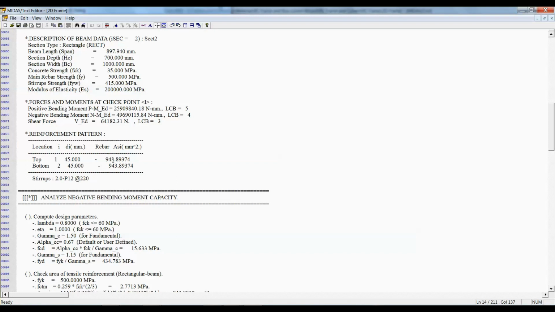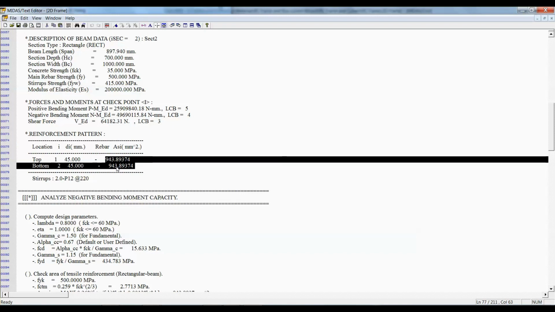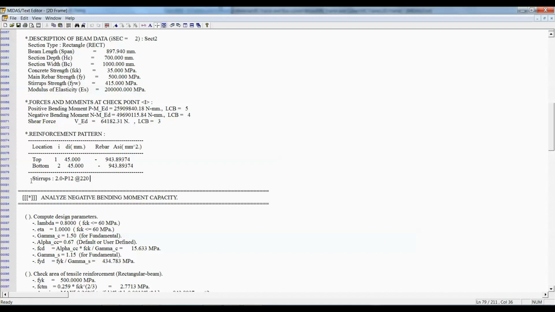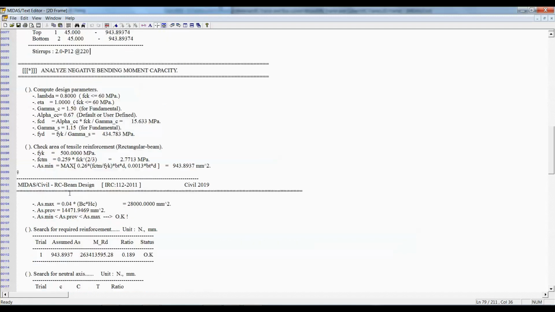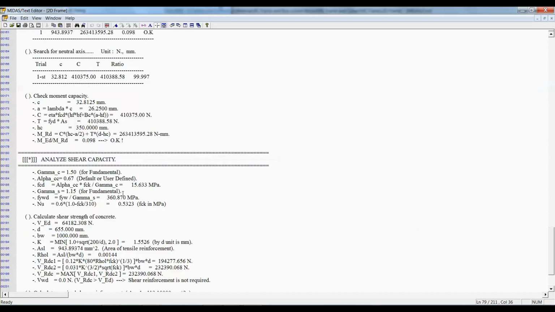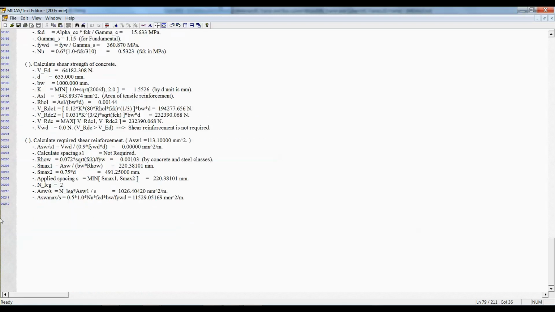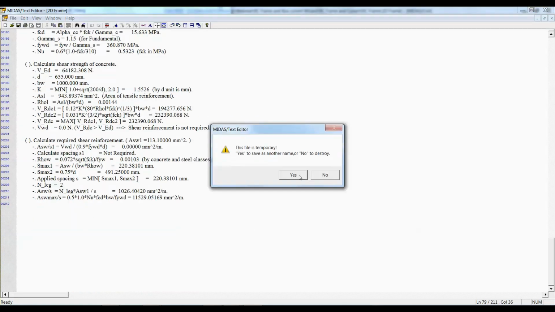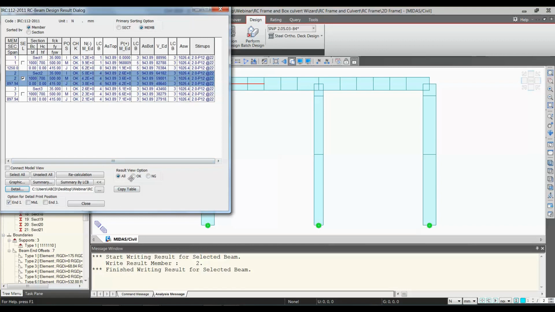Okay, and these are the area requirements. 943 mm square is the required reinforcement for the top and bottom, and these are stirrups. This is stirrups data that we have provided. So this is the analyzing the bending moment capacity, and then the positive and negative, and there is the shear capacity check. Okay, you can save the result report.